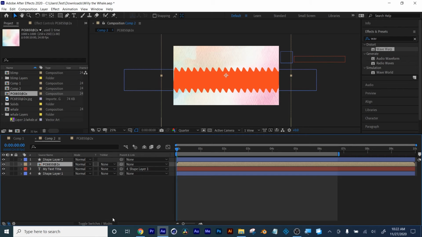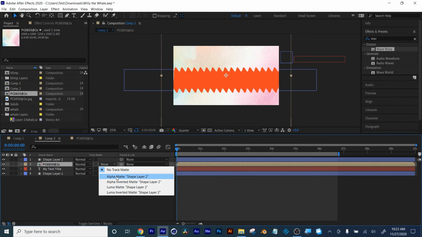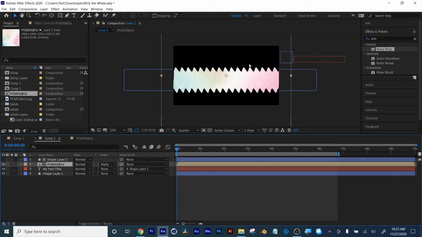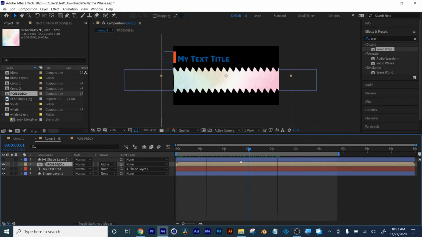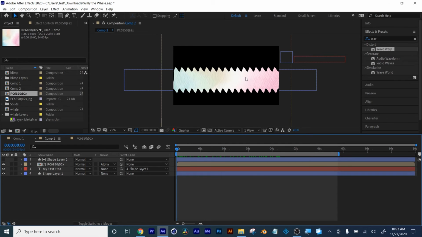Click switches and modes. Here's your switches. I want to be in my modes right here. And under track mat, I do the drop down with the layer I want. And there is my texture inside the shape above it. Okay? So if you want something like this, I could then